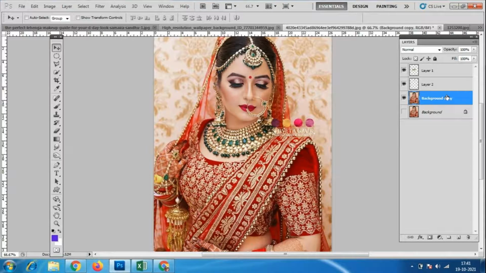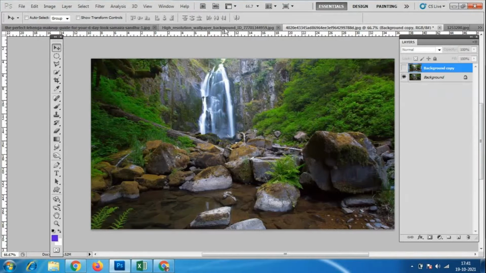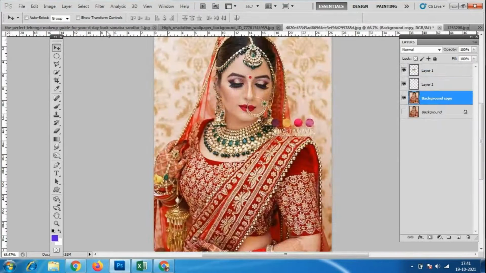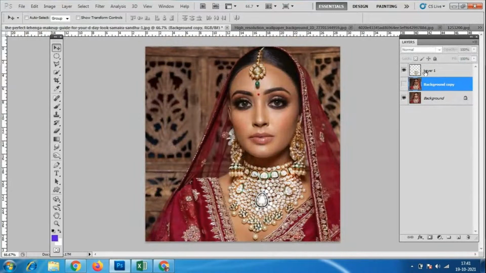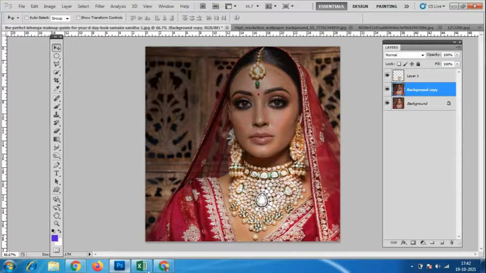Always keep two images together. I want to see how the image was before and how it is after. So I'm going to keep two images together: this is the image before, and after the changes are made, the image is like this. I'll keep both images together so everybody can see my screen, right?